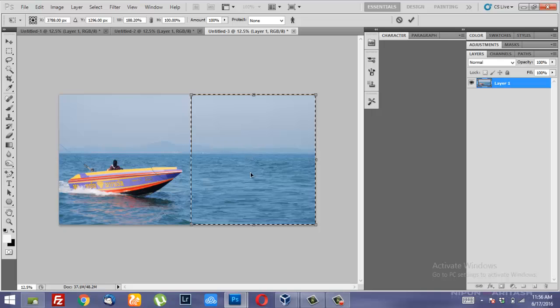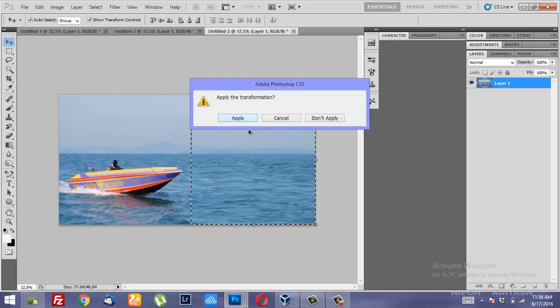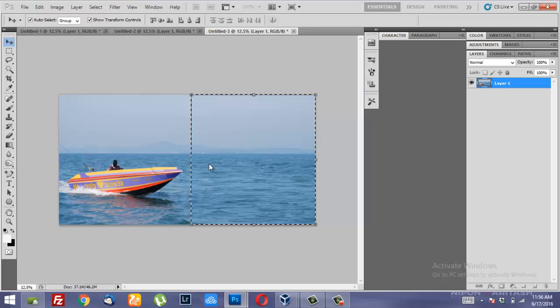Now what Photoshop has done is just stretched the area that I have specified myself,